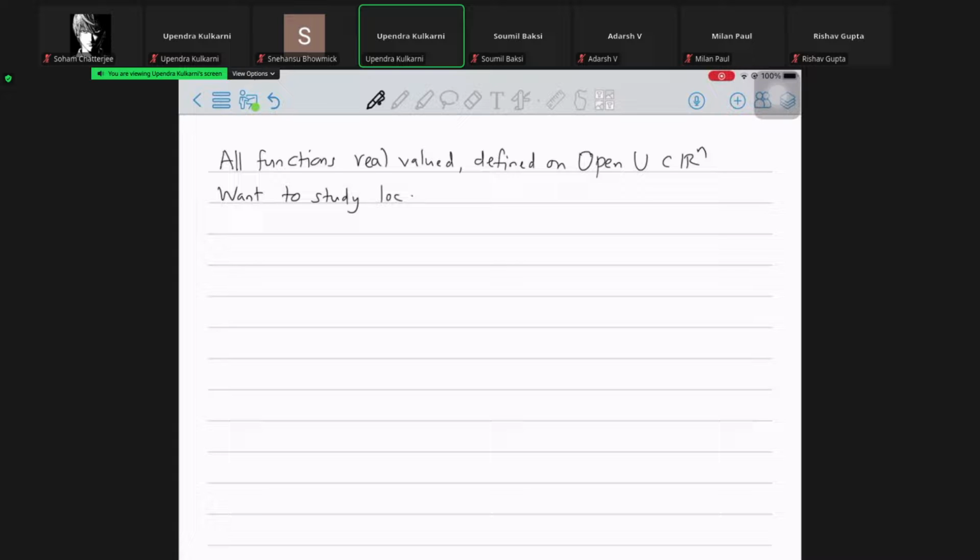So we want to study local maxima. The question is, how do I find the candidate points, and how do I tell whether the function has a maximum or minimum there? So we will call this candidate point a. How to detect if one occurs at some point A in the domain. What is striking is that the argument in the real case, that is